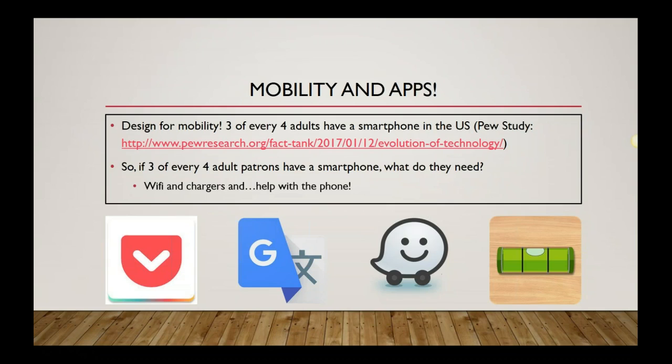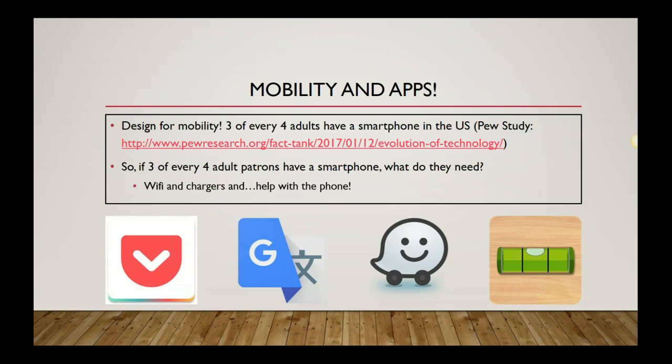Below that, I have 4 icons for different apps that I like to recommend to people. The first one on the far left is Pocket. Pocket is almost a productivity tool in that it saves you time when you're looking at articles online. I know I'm probably not alone in that I can go down a rabbit hole when I'm reading articles online and I say, wait a minute, it's been 40 minutes, I should have been preparing for that webinar presentation this whole time. Pocket allows me to save that for later, and I can read it offline on top of that, which is great. I'll show you an example of that in a little while.